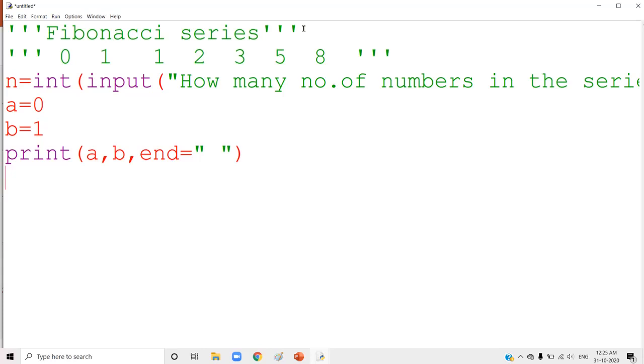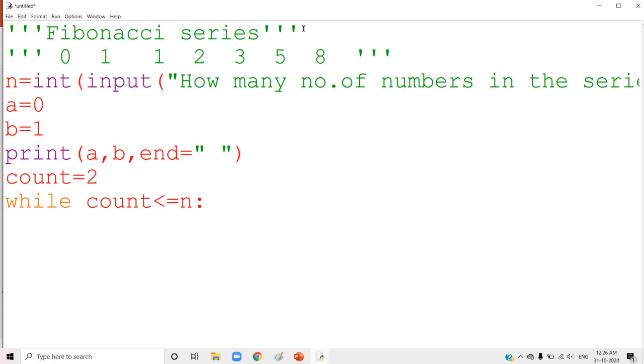Next step. Now you have 2 numbers in the series, right? So I am going to count it as count equal to 2. How many do you need? You need n numbers. Now you have 2, so that 2 is in the variable count. We need n numbers, so I am going to say count less than or equal to n. N times you have to generate the numbers. That is why I use the while loop over there. Count 2, less than or equal to n. So n times the loop will be repeated.